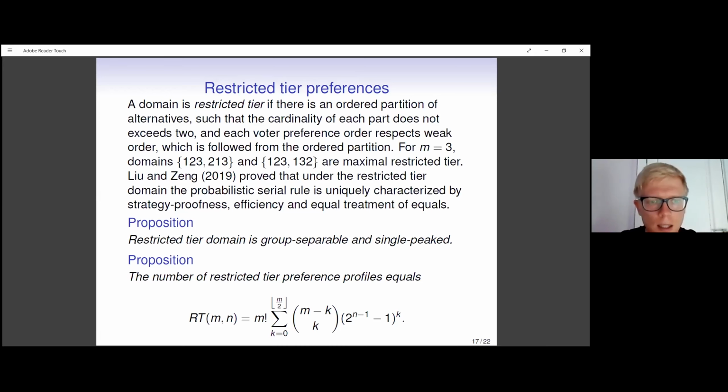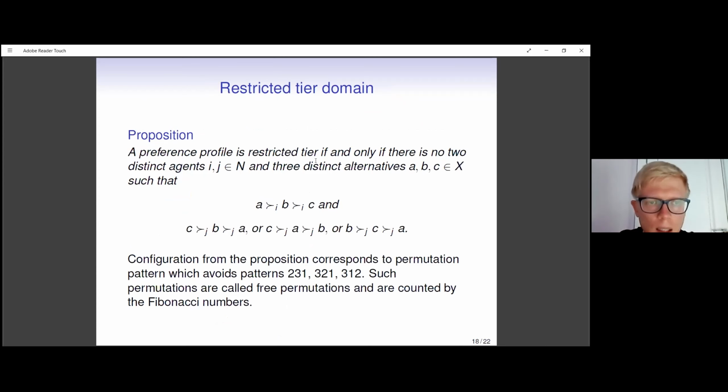It is interesting that the restricted tier domain is simultaneously group separable, so it can be divided by groups, and single-peaked. So it's also a single-peaked domain, and here I have found the number of single-peaked preference profiles. So we have an easy structure and an easy formula. I do not want to show the proof. It's quite easy. And here there is a forbidden configuration